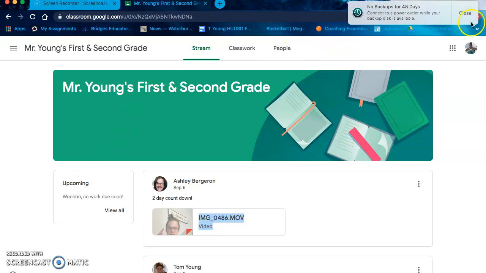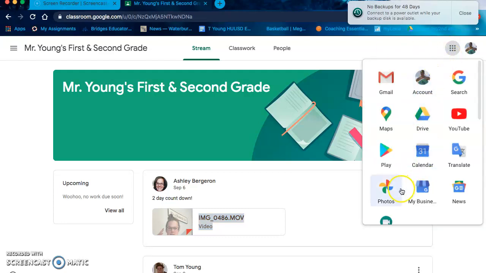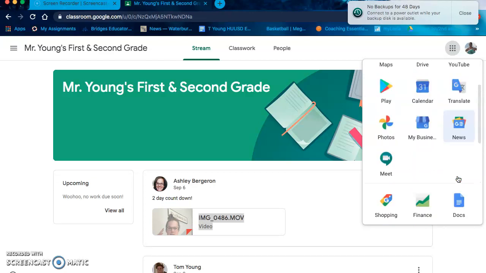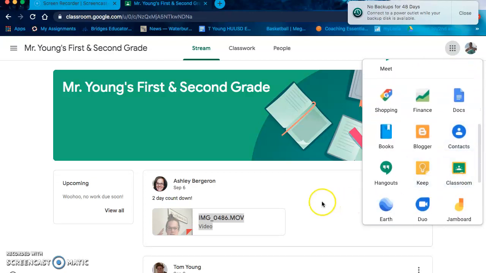If they can't find their Google Classroom, they'd go into Google or go into their Gmail account using their Waitsfield ID and login, which was given to you on the login sheet. And once they log in, they can look for classrooms, which for me is down here in this icon. Theirs may be up a little bit higher, but you'll see classroom. And when you click on that,